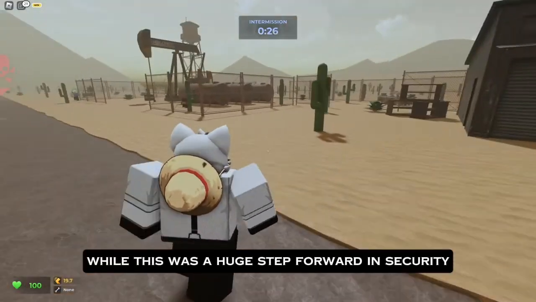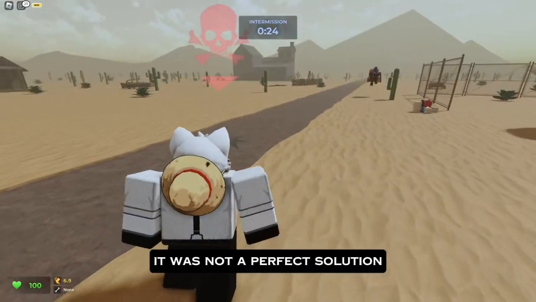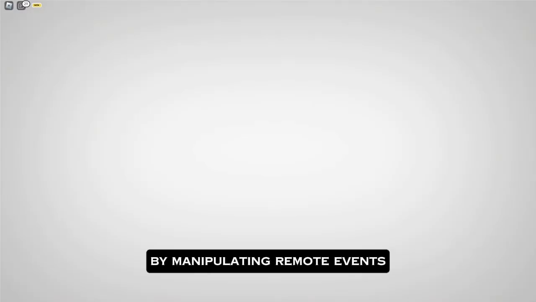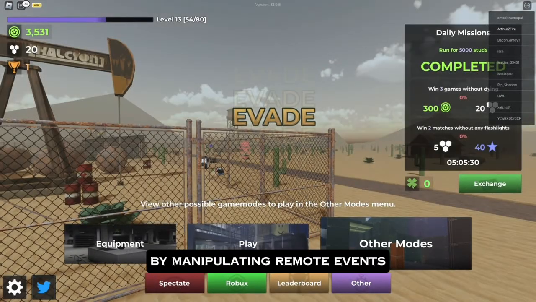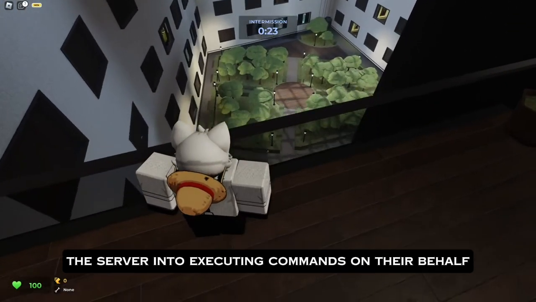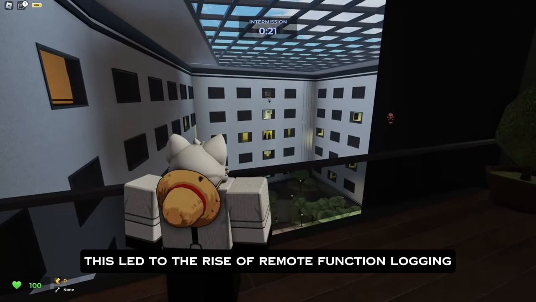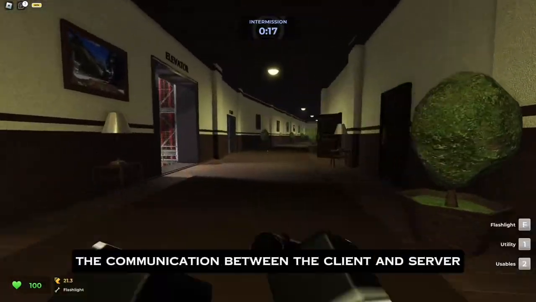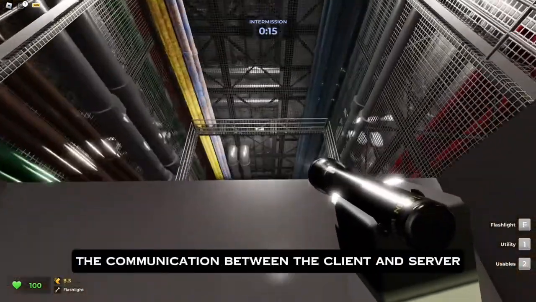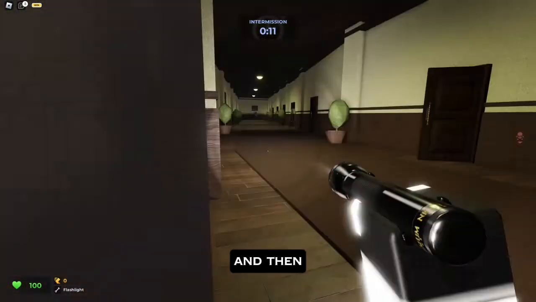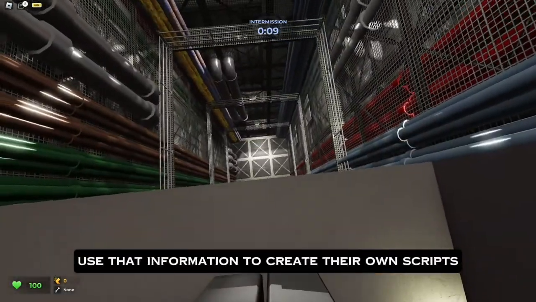While this was a huge step forward in security, it was not a perfect solution. Skilled exploiters found ways to bypass it by manipulating remote events, allowing them to trick the server into executing commands on their behalf. This led to the rise of remote function logging, where exploiters could intercept the communication between the client and server, analyze the data being sent, and then use that information to create their own scripts that mimicked